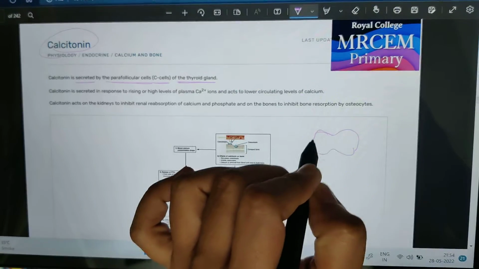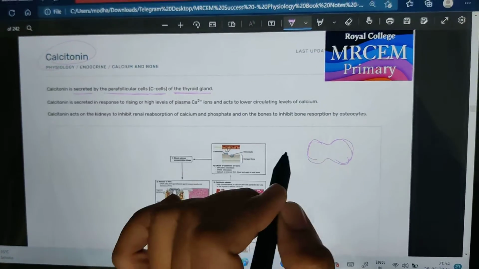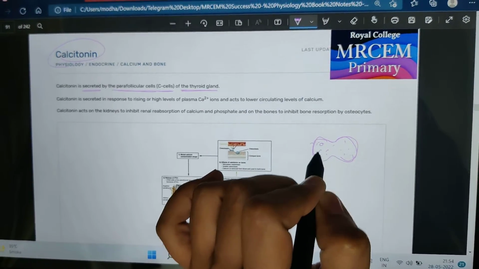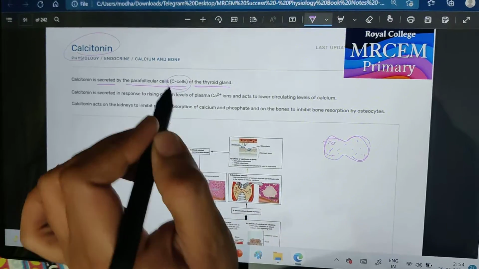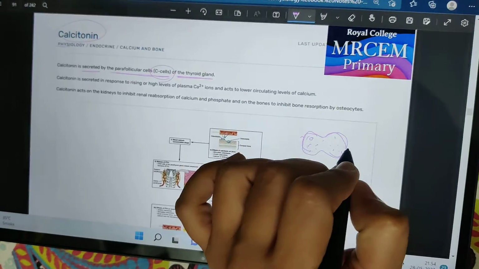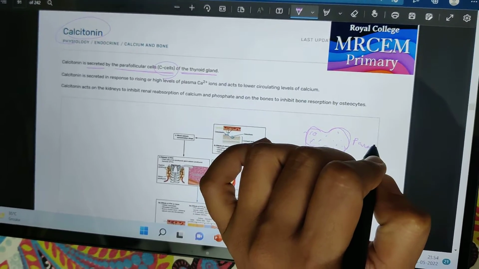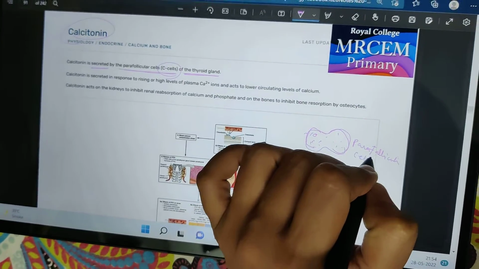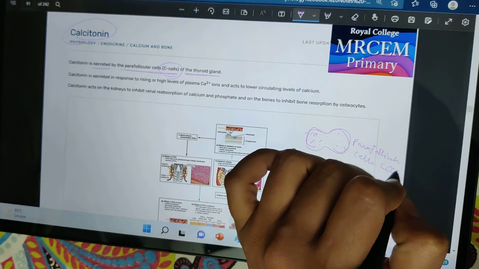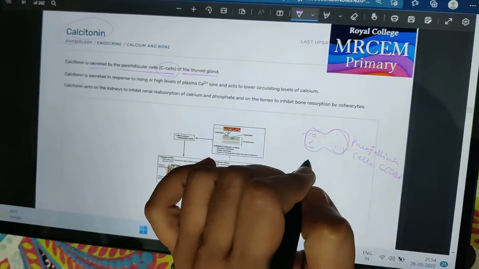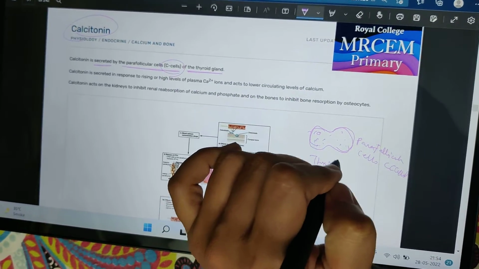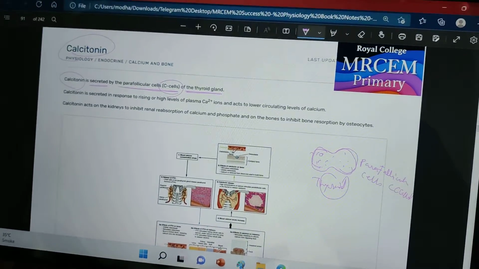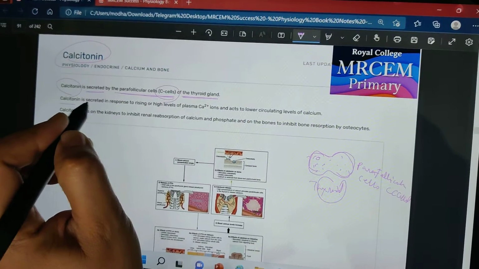So on the thyroid gland there are the parafollicular cells. Parafollicular cells, or C cells, of the thyroid gland secrete calcitonin. Okay, calcitonin is secreted in response to